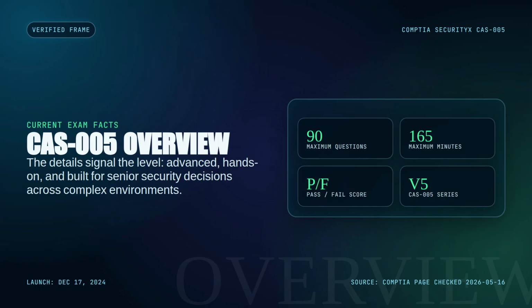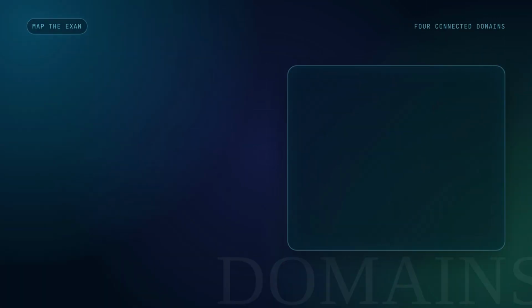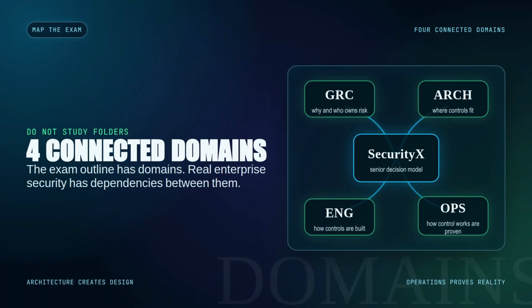SecurityX CAS-005 is organized around 4 major domains. First, governance, risk, and compliance. This is about policy, standards, procedures, risk management, threat modeling, compliance strategy, frameworks, control mapping, data governance, and accountability. Second, security architecture. This is about designing secure environments, cloud and hybrid architecture, shared responsibility, CASB, shadow IT, CI/CD pipelines,